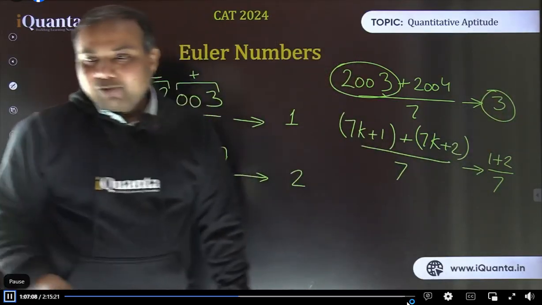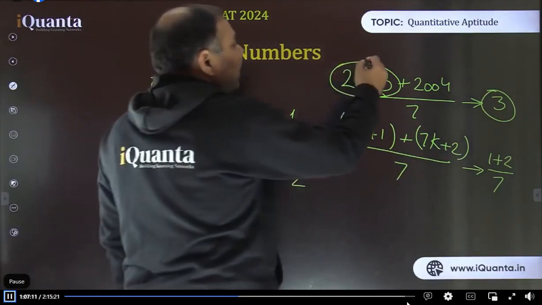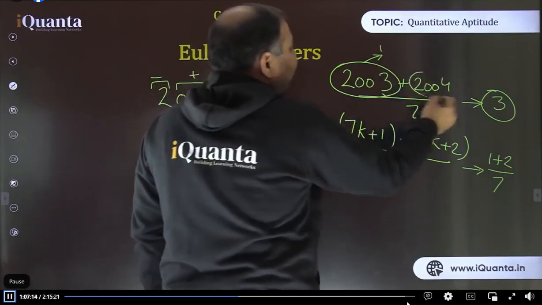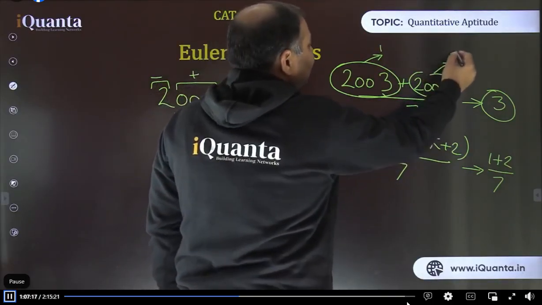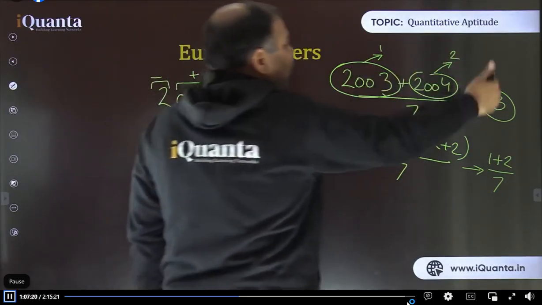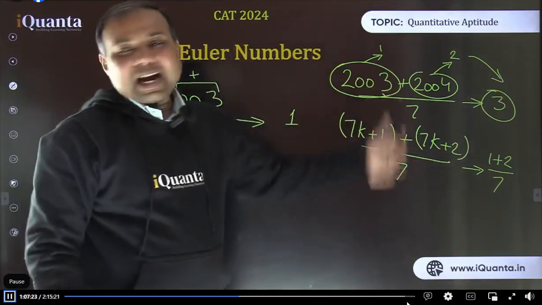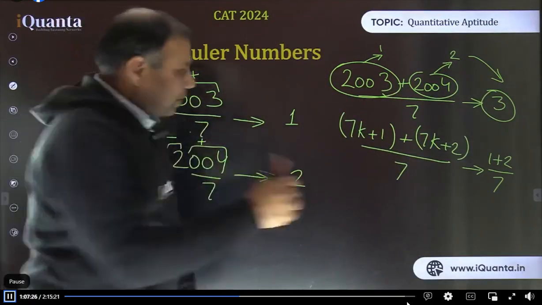Right? So basically what we need to do, we simply need to use the individual remainders. Here the remainder was 1, and when this number is divided by 7, the remainder was 2. So we need to work with the same operation, 1 plus 2, that gives you 3. It was not necessary to add them first. Fine. Okay, one more thing.